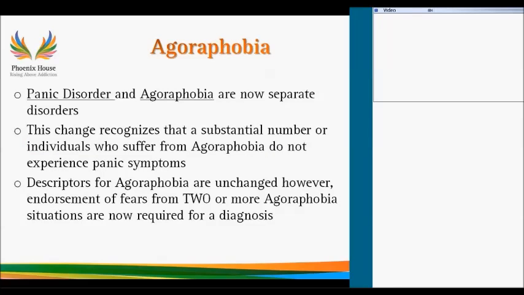The other big change is that agoraphobia has been revisited. In earlier versions of the DSM prior to DSM-4, agoraphobia was considered its own disorder. And then they took it out, and in the DSM-4 made it only applicable as a specifier to panic disorder. Well, that's not working very well. So they went back and said, okay, people with agoraphobia in and of itself has its own symptom profile. So now you can diagnose panic disorder and agoraphobia as separate disorders.